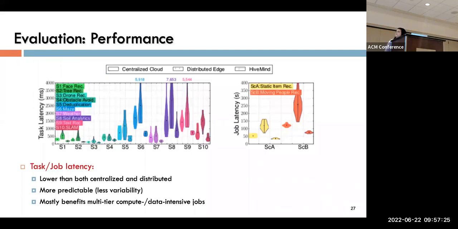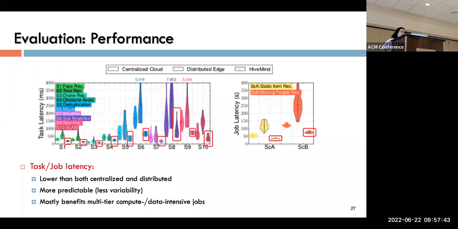Okay, so this is a small snapshot of the performance comparison across all applications. Again, the simple single-tier applications are on the left, the more complex scenarios are on the right. We've already seen the distributions for the cloud and edge plots. So the new thing in this figure that you should focus on is the HiveMind plots.